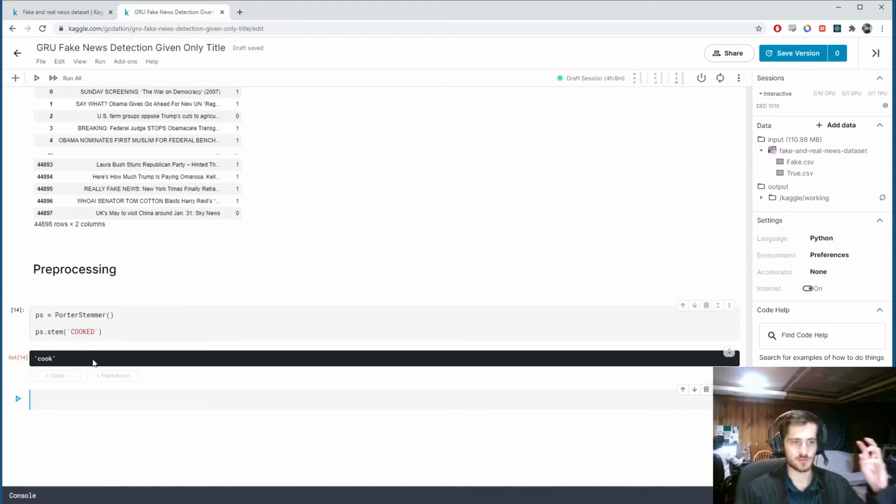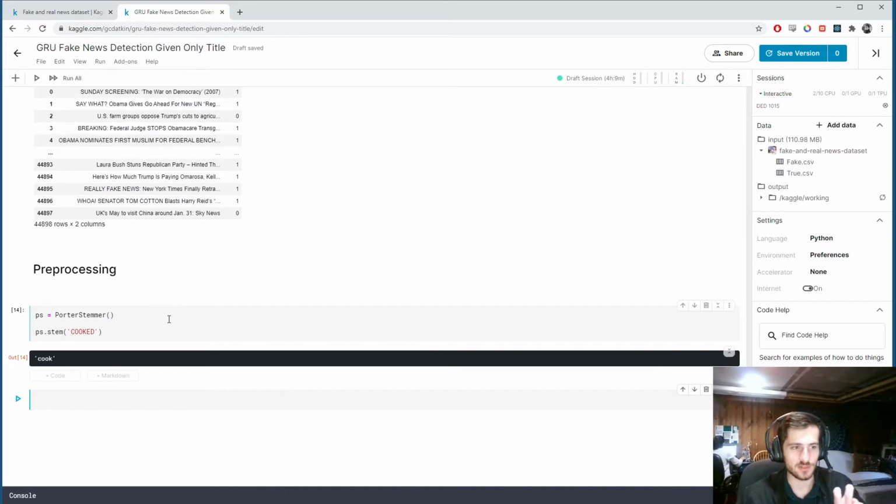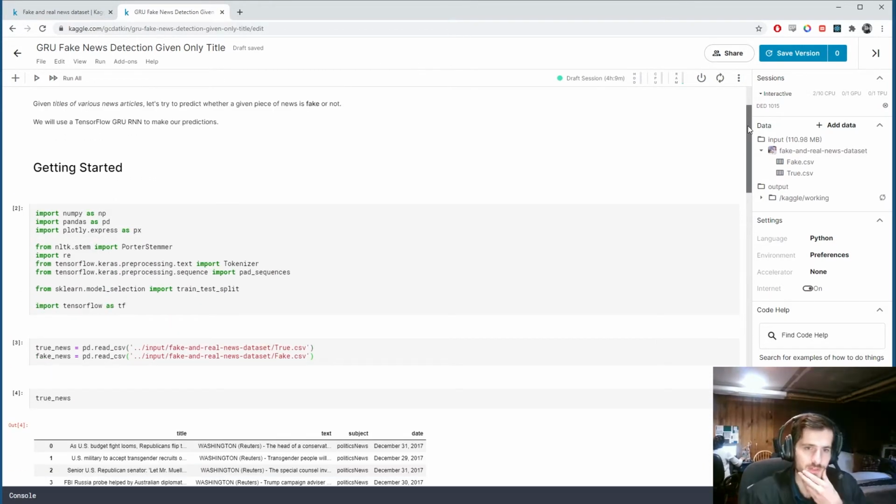This will allow us to reduce the number of unique words in our vocabulary, and also it will allow the model to understand that cooking and cooked are actually the same meaning. So there are a few different stemmers we could use. Porter stemmer is the most common. So alright,